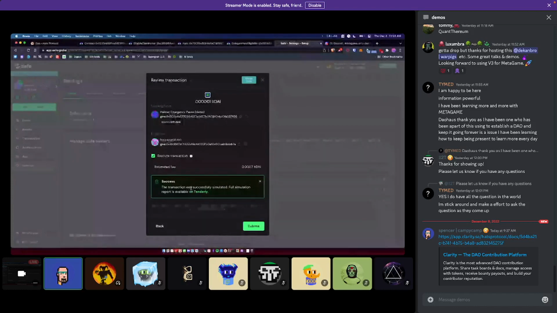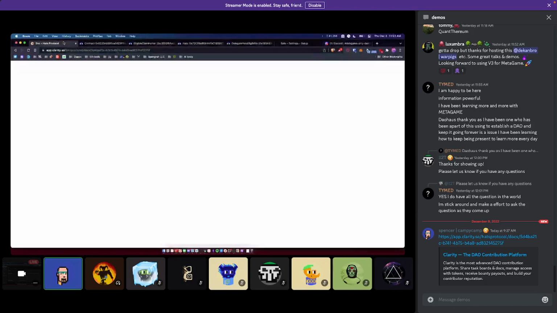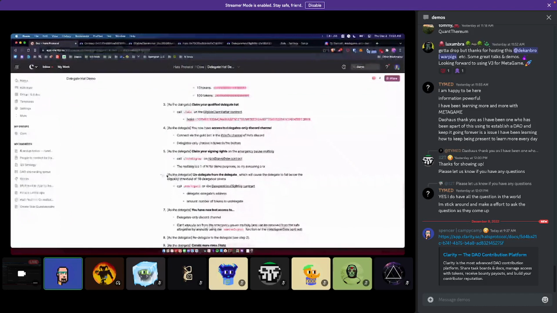I can do that, but let's move ahead in the demo to a scenario where I actually lose my qualified delegate status. Let's say somebody undelegates from me sufficiently so that I drop below that 10 delegated votes threshold.